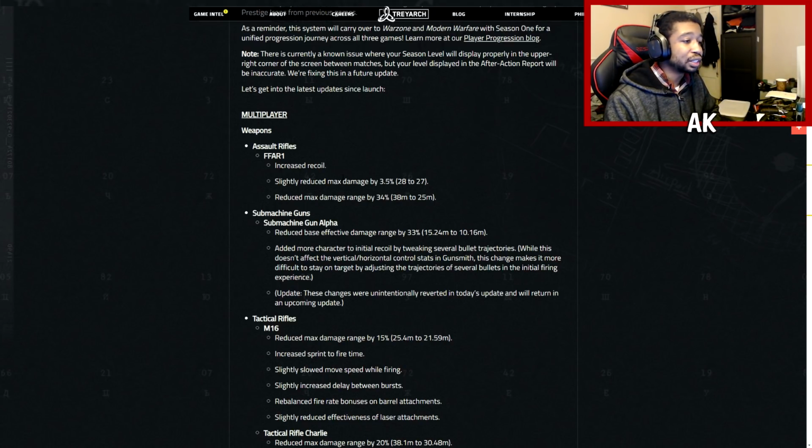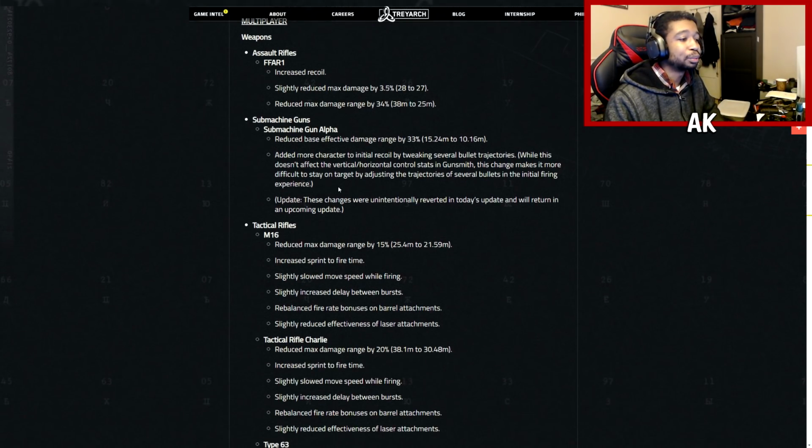Some of the submachine guns, they reduced the base effective range by about 33% and added more character to initial recoil by tweaking several bullet trajectories. So basically, the bullet velocity was kind of nuked a little bit as well. And they did mention in the update here that the changes were unintentionally reverted in today's update and will return in an upcoming update. So what this means is that they gradually nerfed the SMGs, looking at you, MP5, and